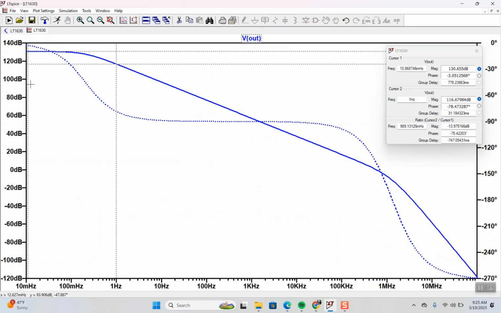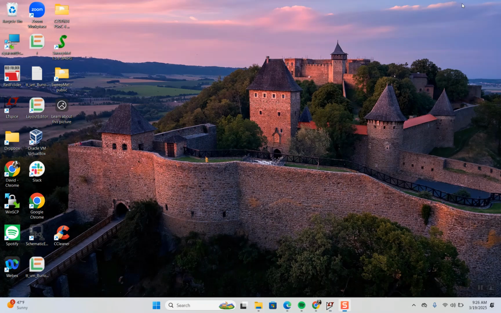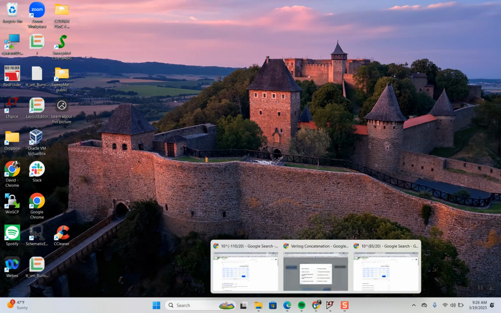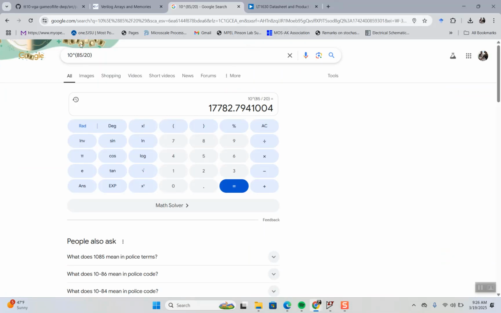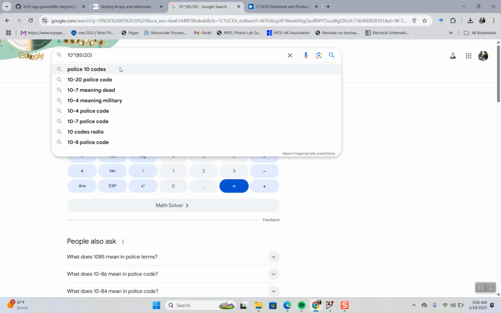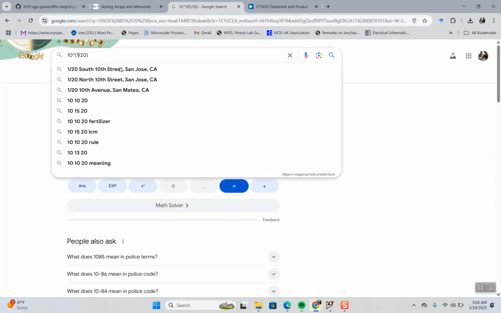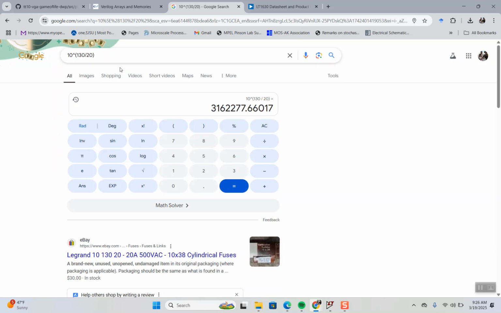So now this part, let's call it 130. Its open loop gain is 130. Okay. So that's how you find the open loop gain. Then the gain bandwidth. And again, you're just